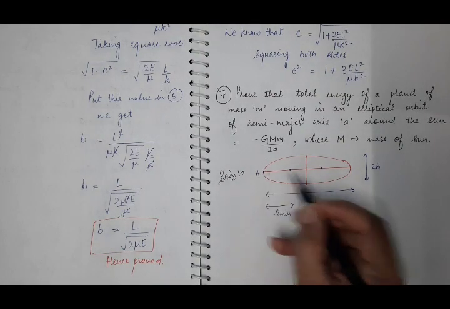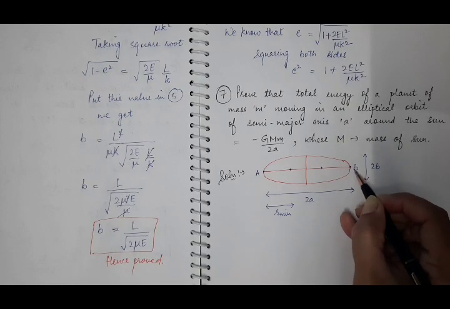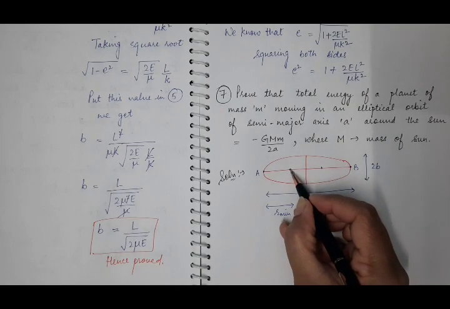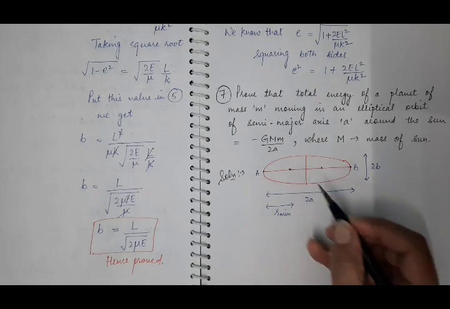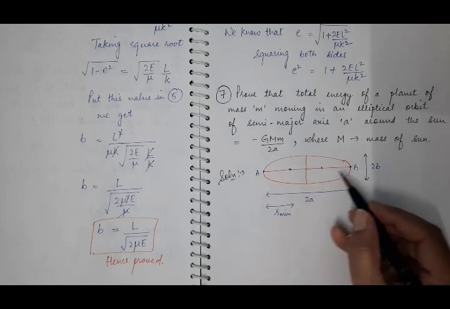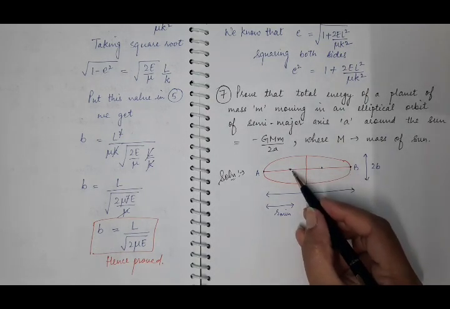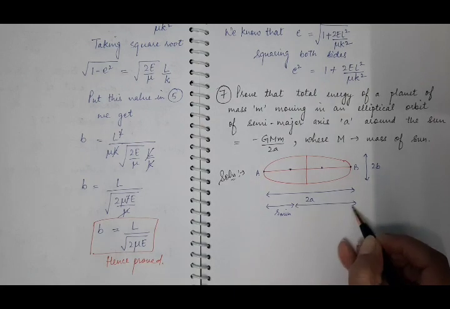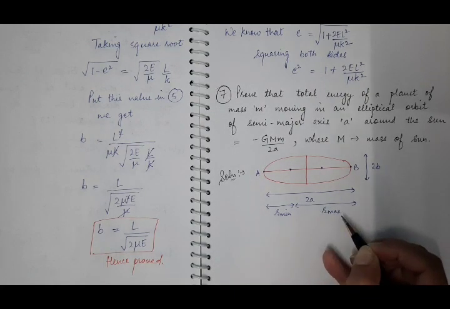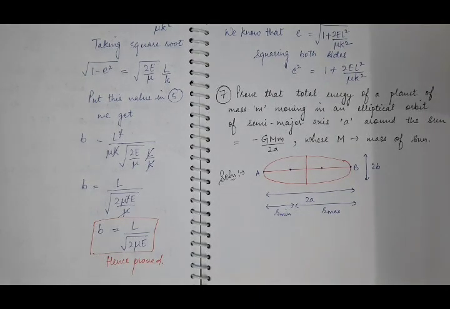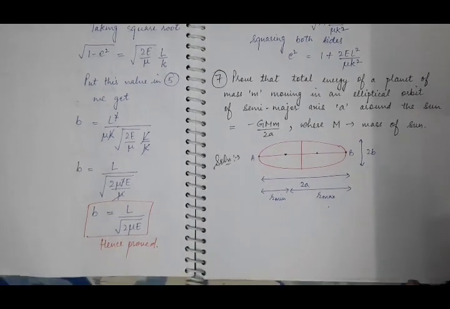And when the planet is at this point, at point B, at that time the position of the sun is fixed, that is at this focus of the ellipse. At that time, the distance of the planet from the sun will be maximum, and it is denoted by R max. And in the article on motion of a body under central force or under inverse square force, we have derived the relations of R minimum and R maximum in terms of eccentricity and angular momentum.